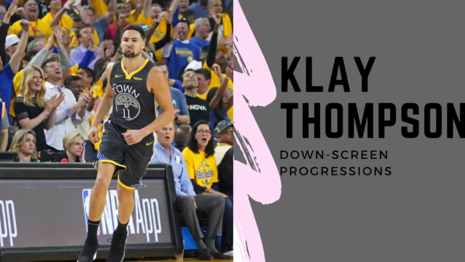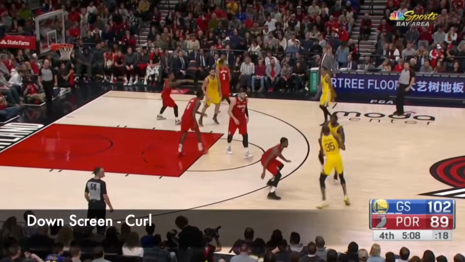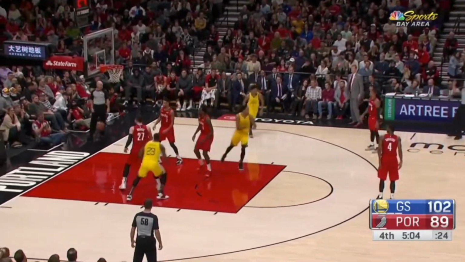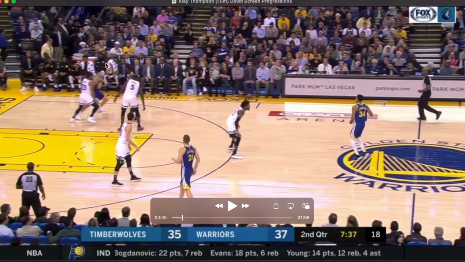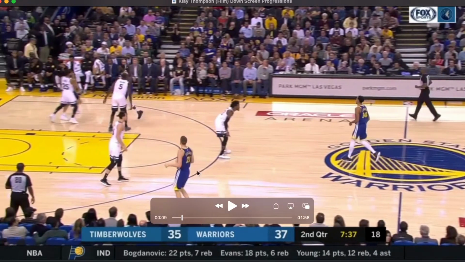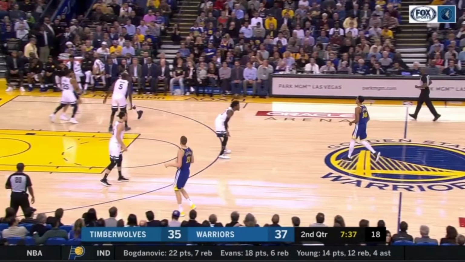Today's voiceover breakdown is going to feature Klay Thompson coming off down screens. He's one of the best players in the NBA coming off screens. He's great at reading each screen and then also his setup. So watching this clip right here against Derrick Rose, he's going to create the contact right here and then he's